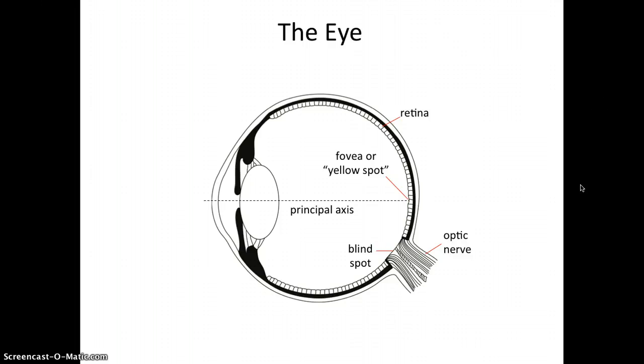Right behind the principal axis is the fovea. It's a particular location on the retina where there are tons and tons of cones and very few rods. The lens is what we use to focus images on the retina,